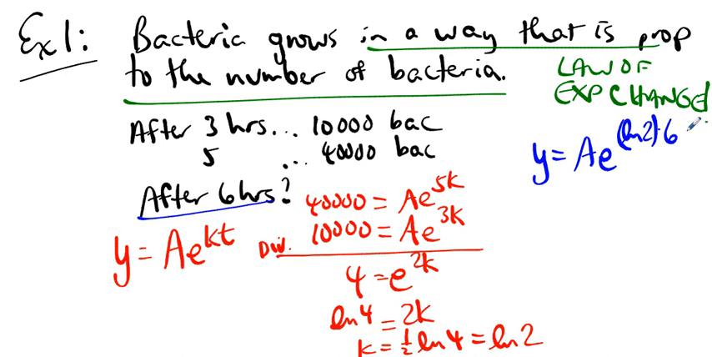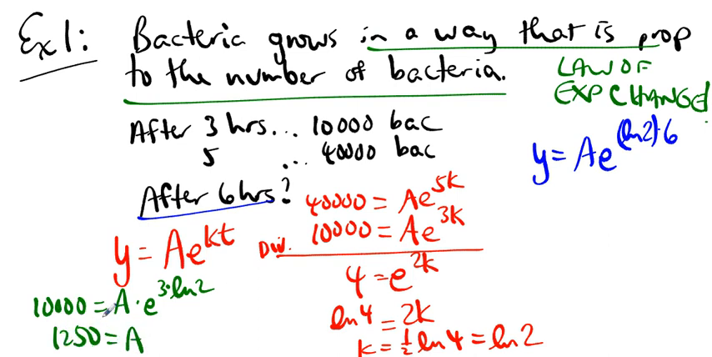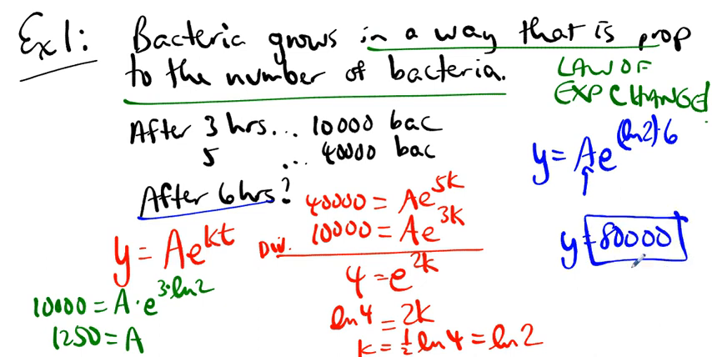Well, that's super, except we never figured out what a was. Well, let's figure out what a is. 10,000 bacteria is a times e to the 3 times ln of 2. And you can solve that and figure out that a is 1,250. And if you figure out that a is 1,250, then y turns out to be 80,000